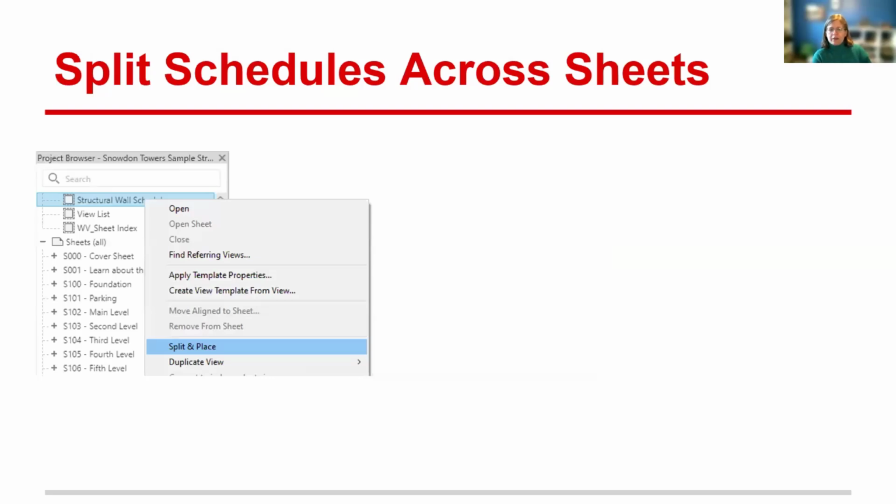Once upon a time this was a new tip in this presentation. It's a few years old at this point. Revit 2022 gave us the ability to split text-based schedules across sheets. My structural friends have been able to split graphical column schedules for much longer than that, but 2022 got us text-based schedules. So if you right-click on the schedule in the project browser, love those right-click tools, you find Split